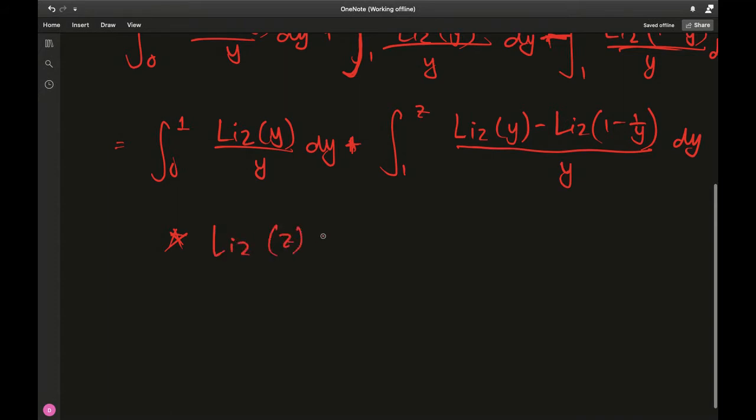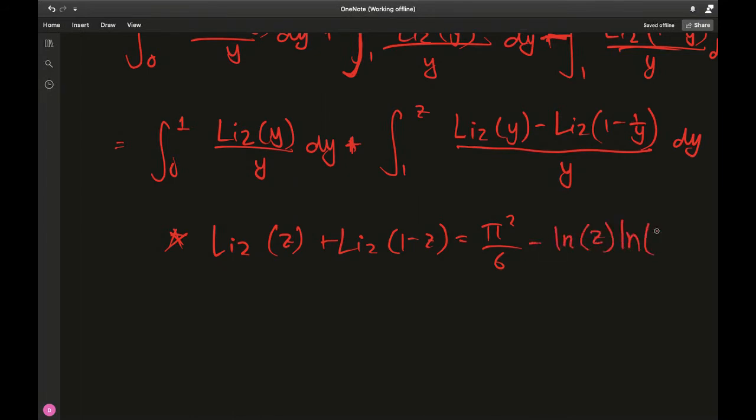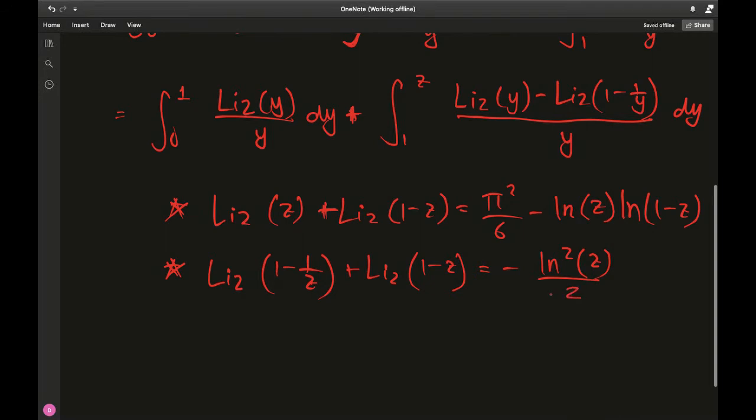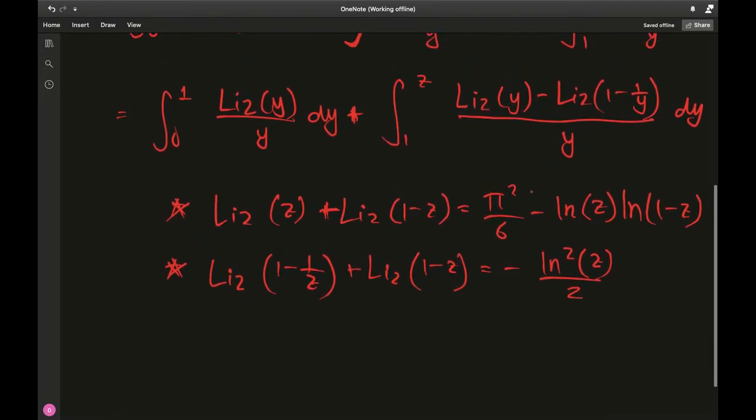So we know dilogarithm of z plus dilogarithm of 1 minus z is actually equal to pi squared over 6 minus a natural log of z times natural log of 1 minus z. That's actually the reflection formula for the dilogarithm by Euler. Second identity we know is dilogarithm of 1 minus 1 over z plus dilogarithm of 1 minus z is equal to minus natural log squared of z over 2. And we want to find an expression for